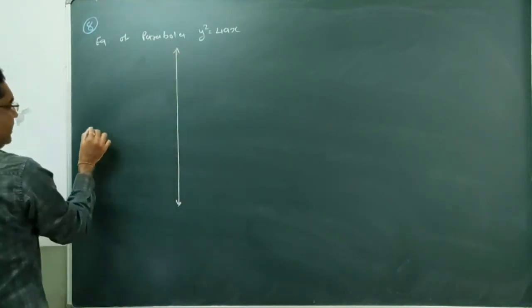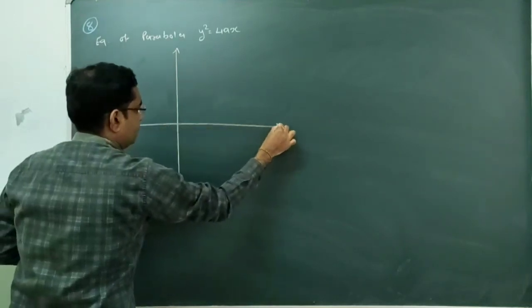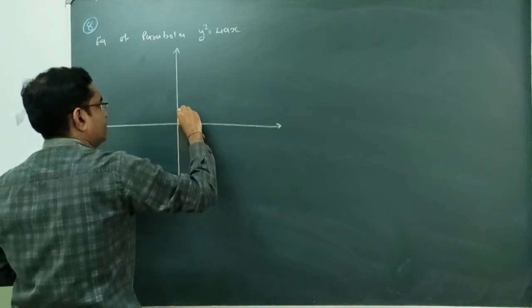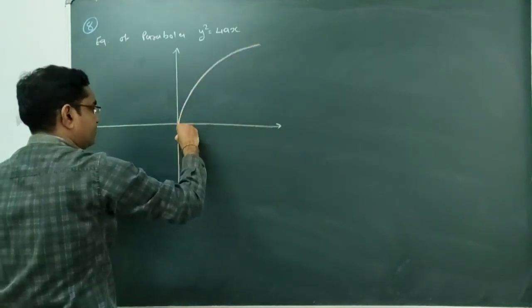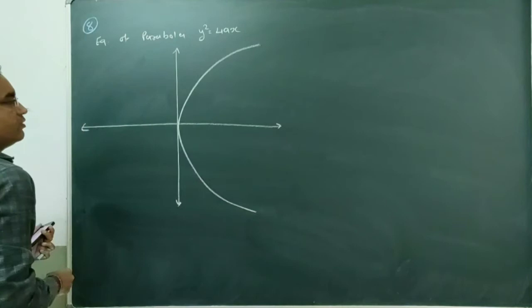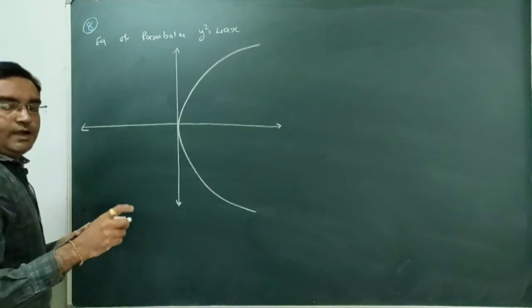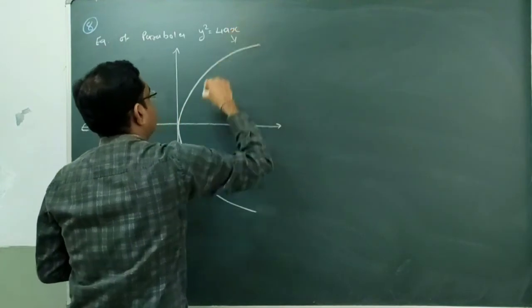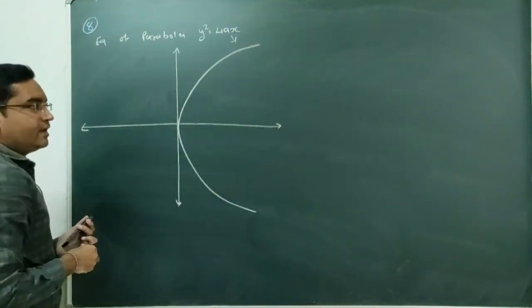पैराबोला आपको आइडेंटिफाई हो गया, उसके बाद डायग्राम ड्रॉ करेंगे. So it's a rightward parabola. तो ये राइटवर्ड पैराबोला की डायग्राम. Now, one equilateral triangle is inscribed in this rightward parabola. अभी इसके अंदर आपको इक्विलेटरल ट्राइंगल इंस्क्राइब करना है.